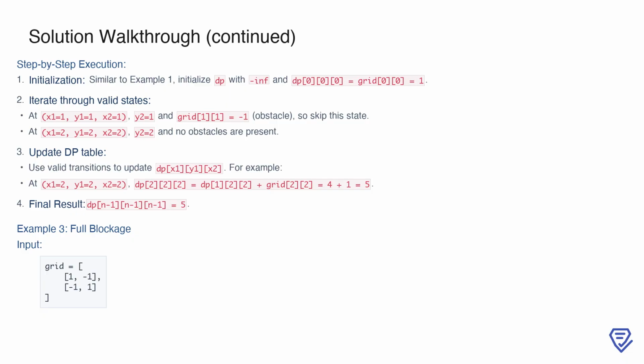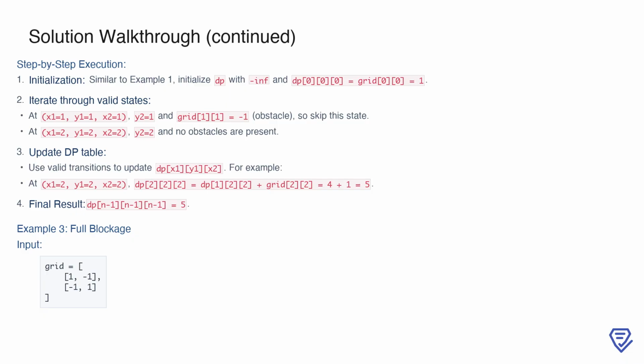As we iterate through valid states, we encounter situations where obstacles block certain positions. For instance, at x1 equals 1, y1 equals 1, x2 equals 1, the calculated y2 is 1, but grid[1][1] contains -1, so this state is skipped. For other valid states, like x1 equals 2, y1 equals 2, x2 equals 2, where no obstacles are present, we